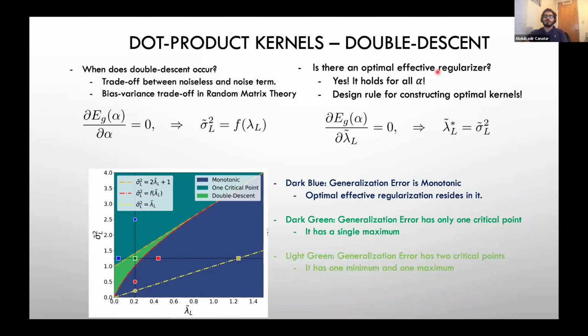Second, I will ask if there's an optimal effective regularization, because we already said that there's a bias-variance trade-off with respect to effective regularization. And yes, if we differentiate,